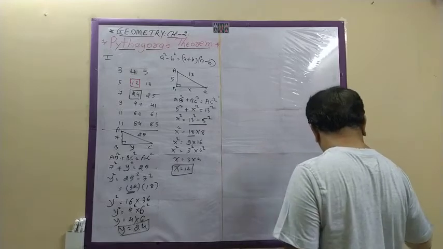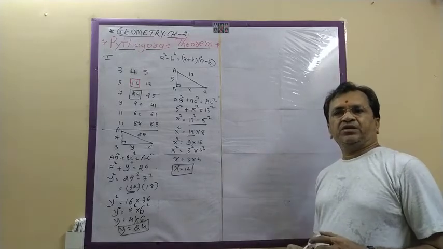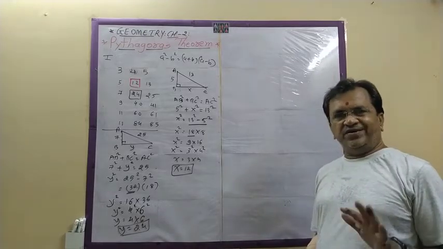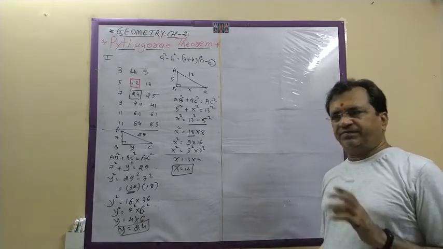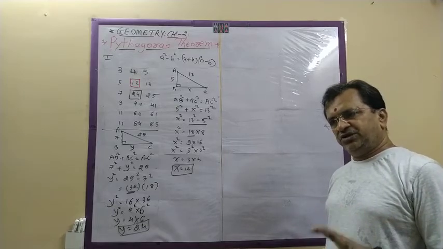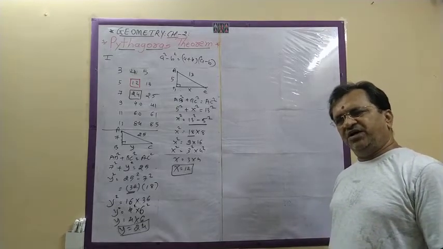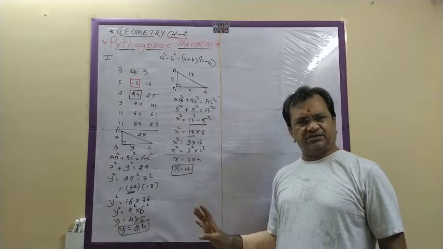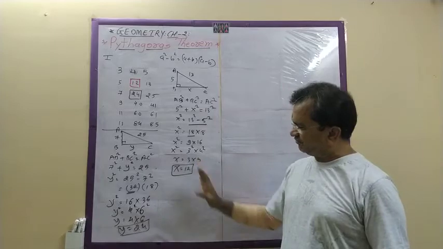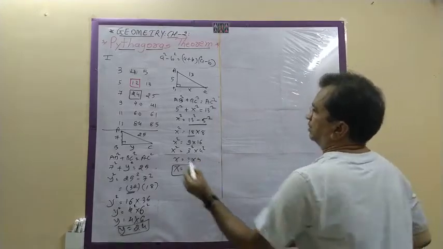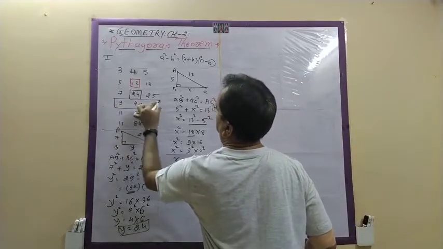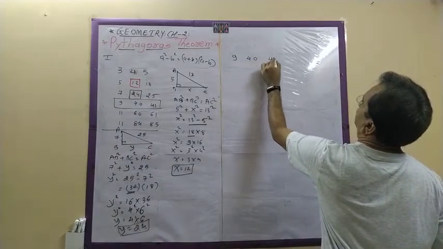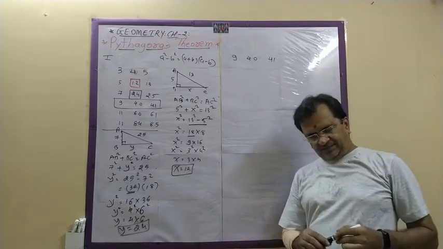Now the third point. All three sides are given and they will ask whether it is a Pythagoras triplet or not. Same, by doing very little calculation. Here I have not done any rough calculation, no extra calculation. Now, suppose I take 9, 40, 41. Find out whether it is a Pythagorean triplet or not.